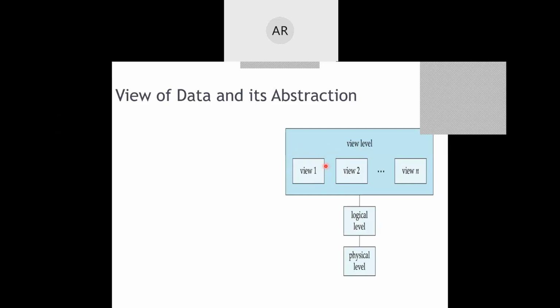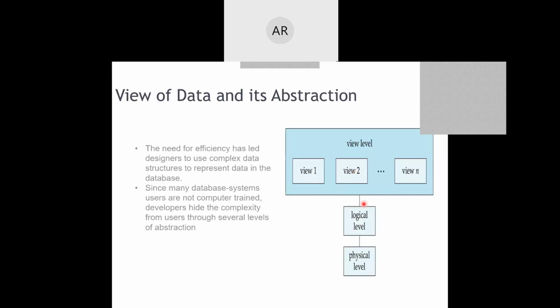That user will not be able to see the rest of it. Similarly, for another user, that's the view level. Now, next, we have another level which is called the logical level. In this level, we hide the logic involved in saving the data. Coming to the next level, which is the physical level, we hide where exactly the data is being saved and how the data is being saved.